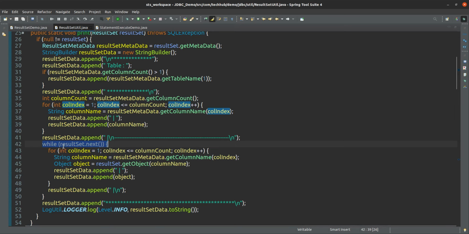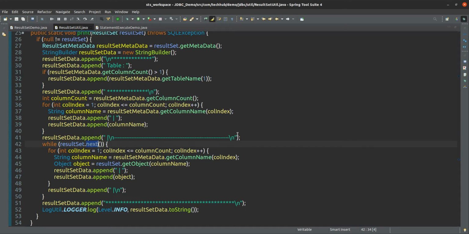How do we process it? With result set dot next. Next means it moves the pointer to the next record by 1 position.